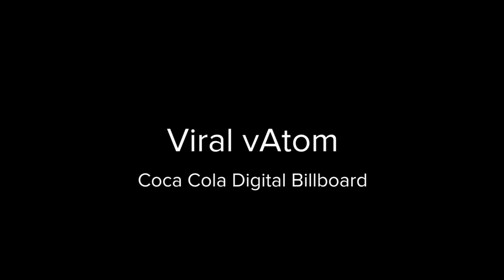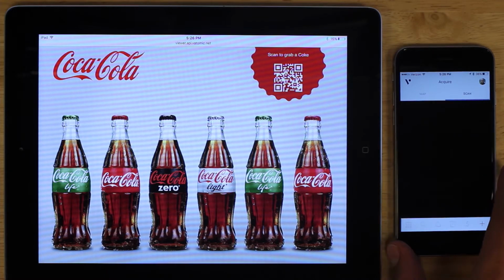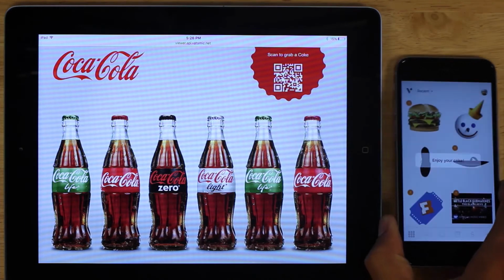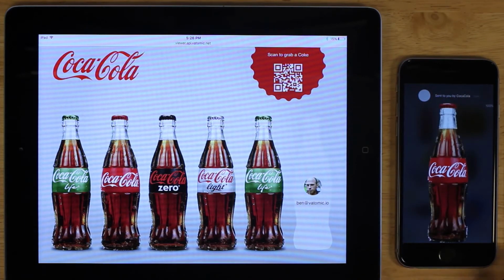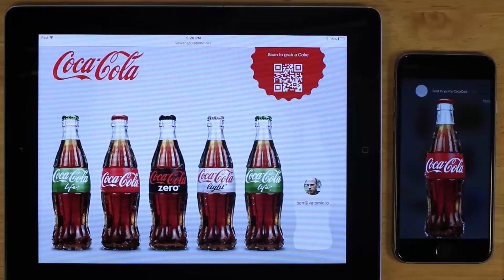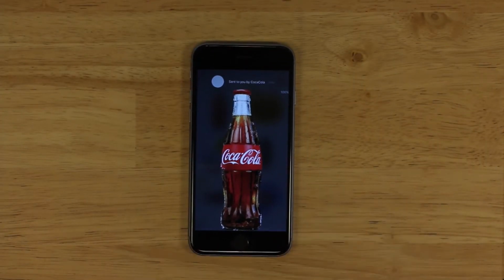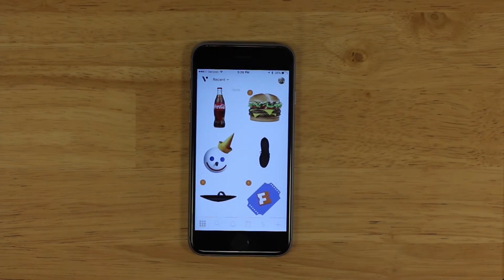So this digital billboard is going to show 6 individual objects. These are not pictures of objects. These are actual autonomous, unique objects on the blockchain. These objects move from one place to another and are unique in that they can only be in one place. When I take one off of there, it no longer exists in that billboard. Now I have it. It's legally transferred ownership to me.